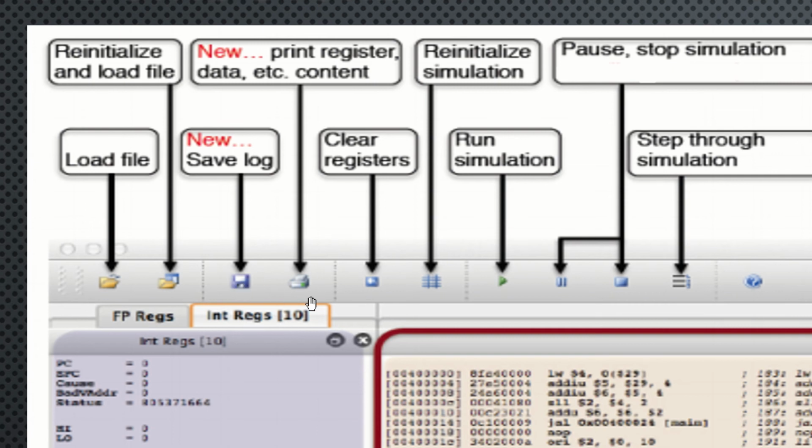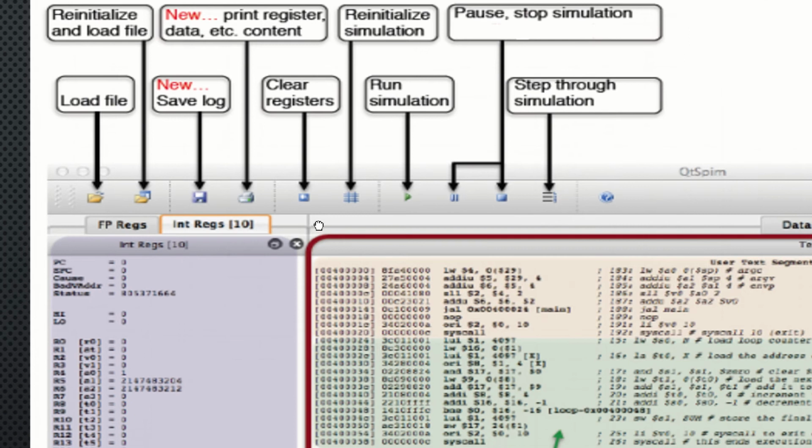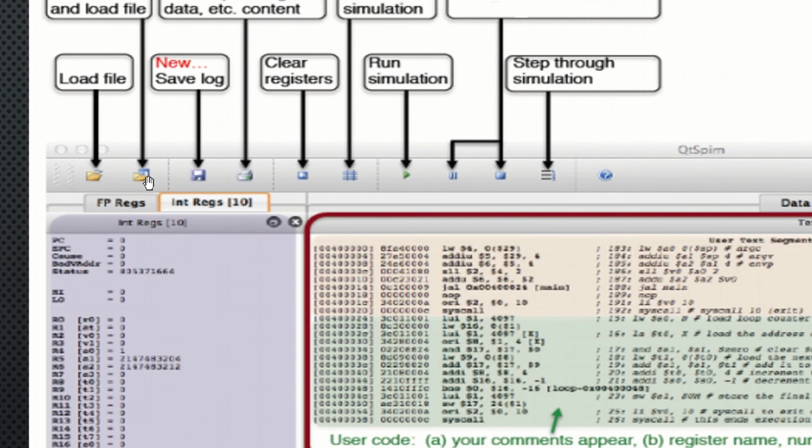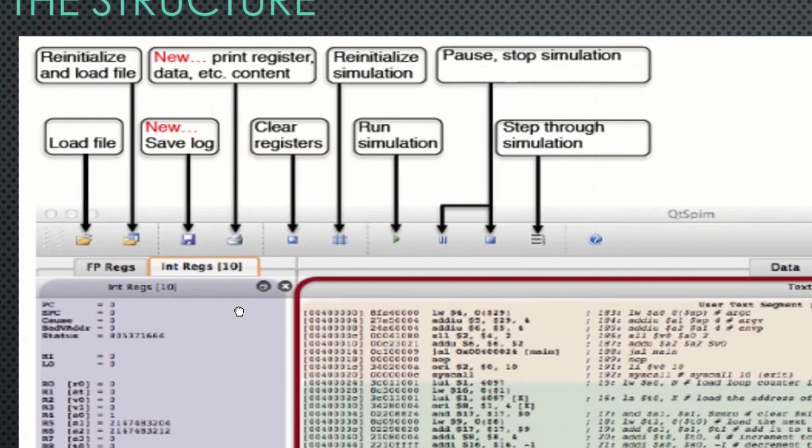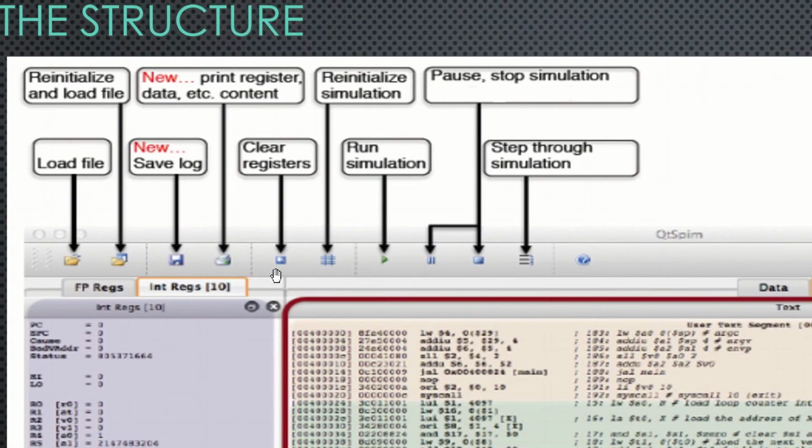And this is for print. You have the option of printing your file, and export, which is kind of exporting your file to PDF as well. That's also available here. And then there is an option called clear register, which is actually very important. This clears all the available registers on the left hand side. You can see that all the available registers can be cleared in a single click.